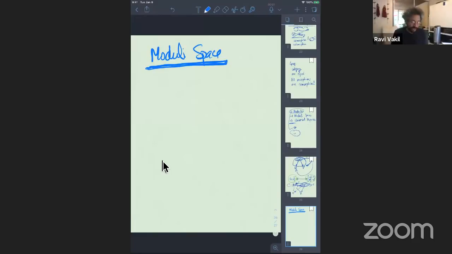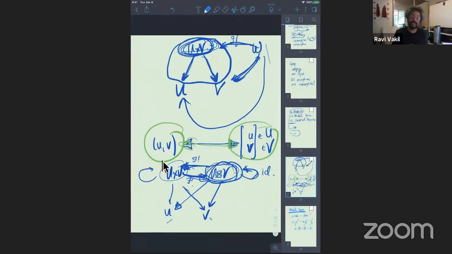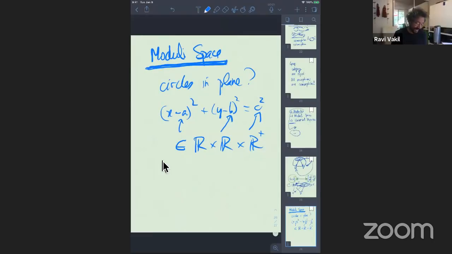Okay. So the notion of a moduli space, I want to point out things you already know. If you wanted to say what are the circles in the plane, you might quickly say they're things of the form, you might write them down like this. And so they're parameterized by two real numbers and one positive number, so by R cross R plus, the positive real numbers. So we know in some sense there's a natural space. There's not just a set of circles. We naturally think of it as a manifold or something much better.